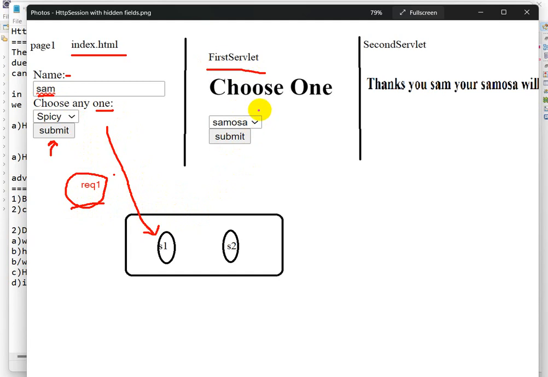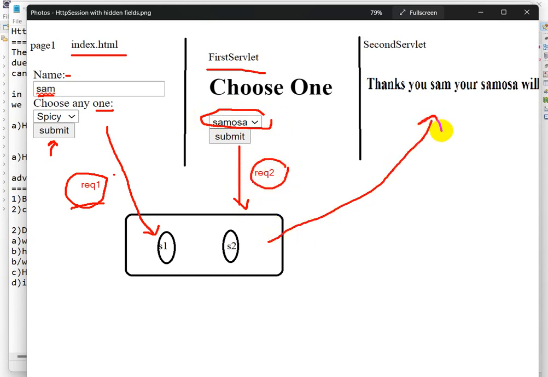In that, we'll give a choice, one is samosa and the second one is paneer. Anyone can choose the second one. So after submitting, this will be request 2, and in the second servlet we'll process this